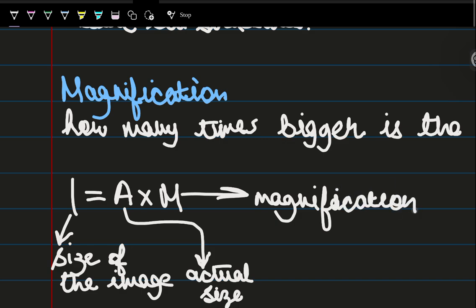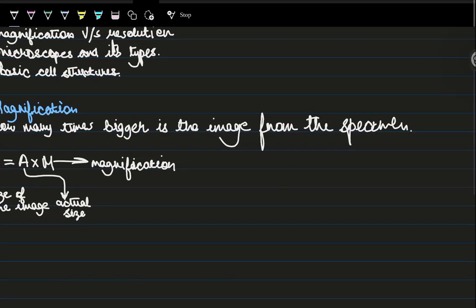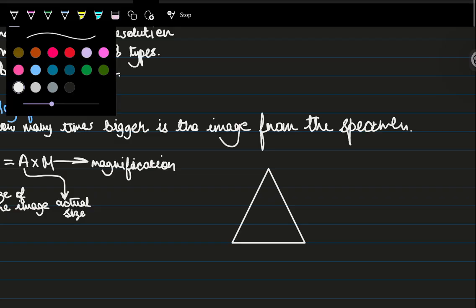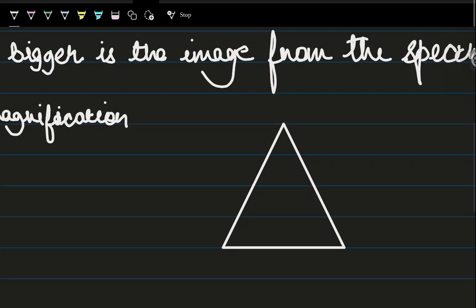Now to remember this formula, I have a trick for you. So let's draw a triangle. Let's draw two lines. I equals A into M. So if you cover any one of them, so let's say you have to find the